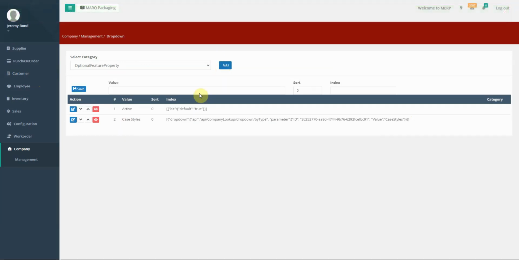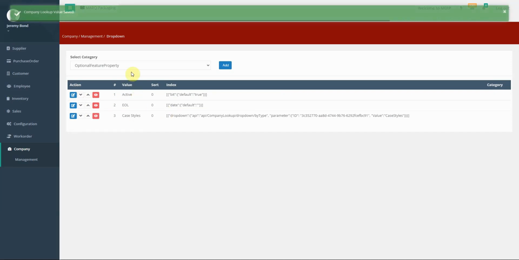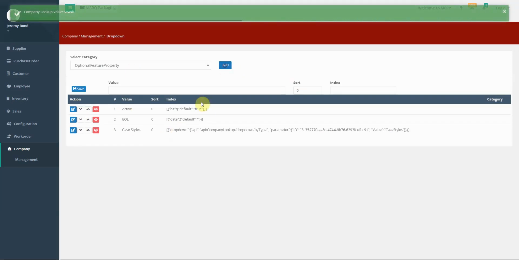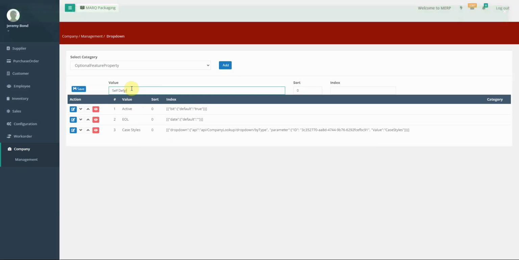Let's add another one to show how this works. Let's give it an EOL field, an end of life, and tell it that it's a date. I grabbed this from another window that was pre-canned. So we'll call that end of life, and save that. Then just for giggles, let's give it one more, and we'll call it self-defined